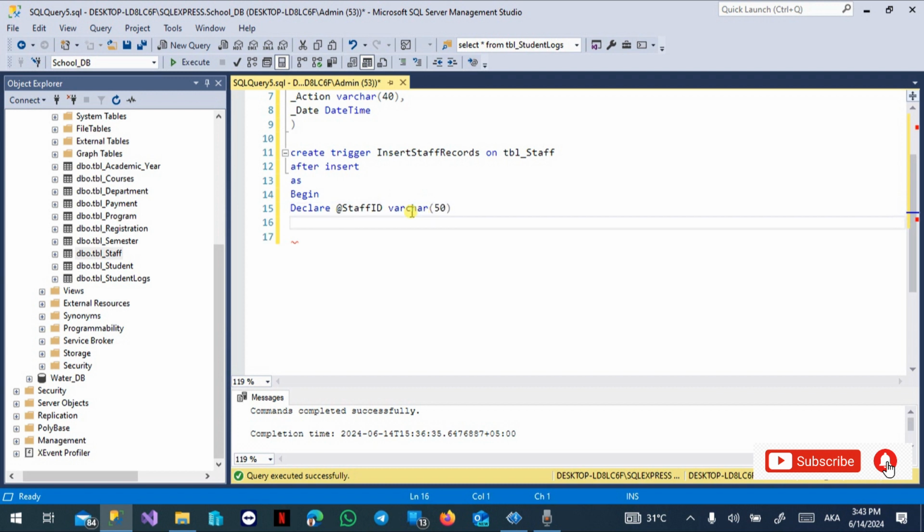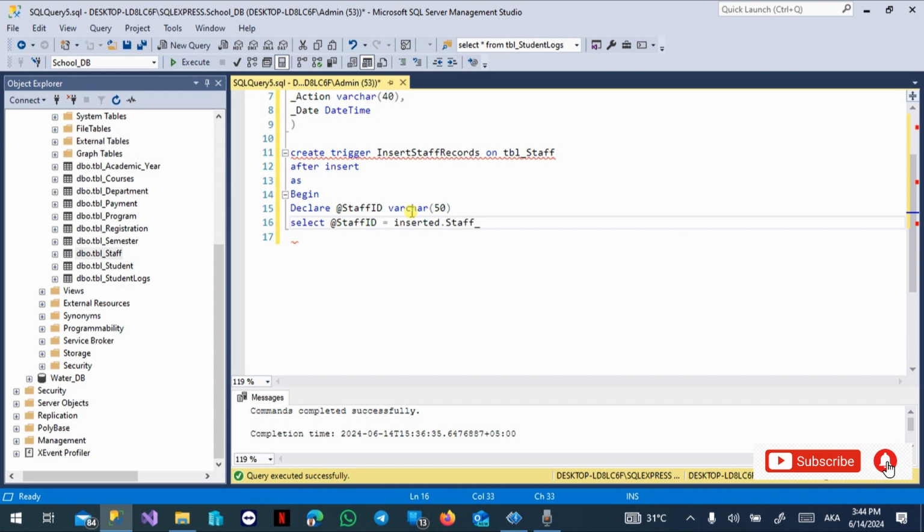Then we come to the next line and say select at staff ID equal to inserted dot